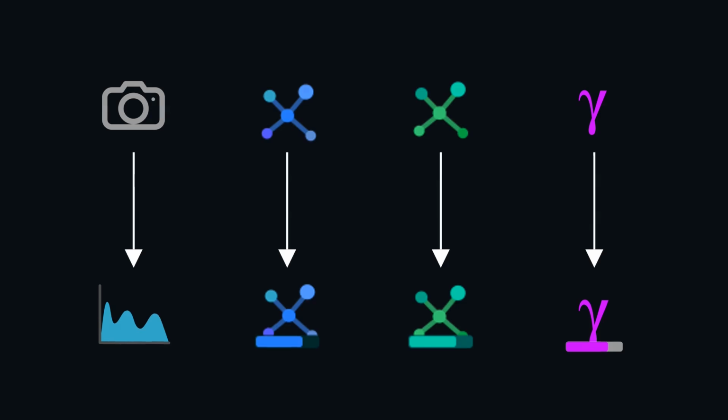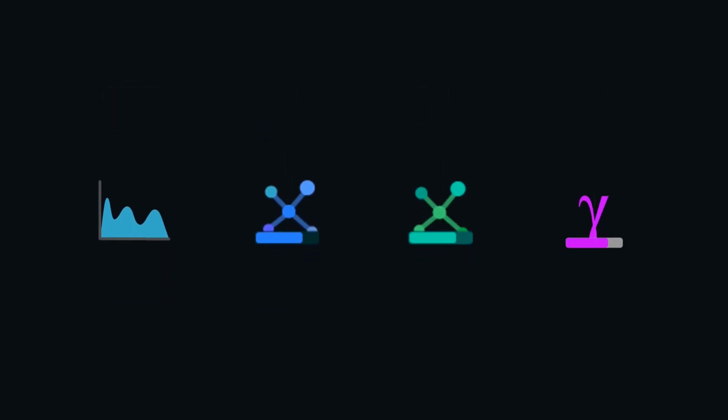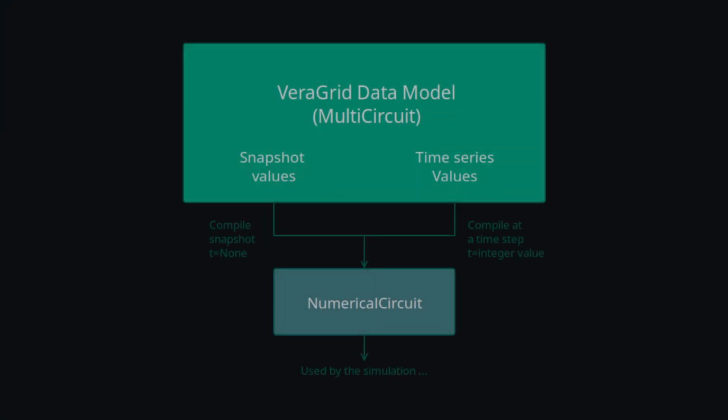VeraGrid handles this with a clean separation between the physical network model and time-dependent inputs. The network infrastructure is defined once in a multi-circuit object and stays unchanged during execution. Then, time-varying inputs like load and generation forecasts are introduced as index profiles attached to the relevant elements. Each time index represents a new operating condition applied to the exact same physical grid model, which keeps studies reliable